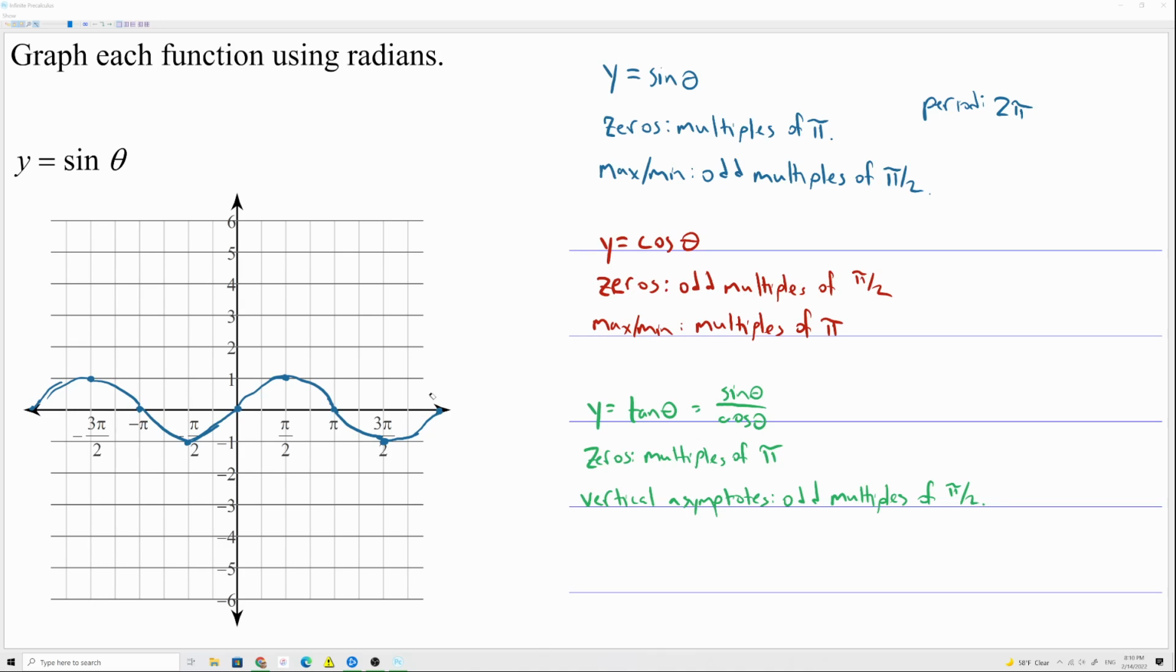Now I want to keep all the information on the right side of the screen, so give me a second to delete everything with my eraser. Take just a second. And now let's graph the